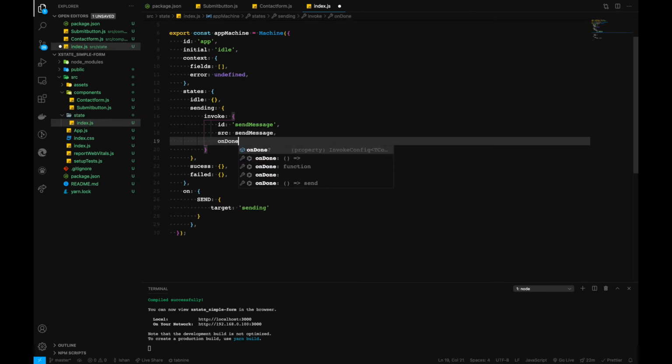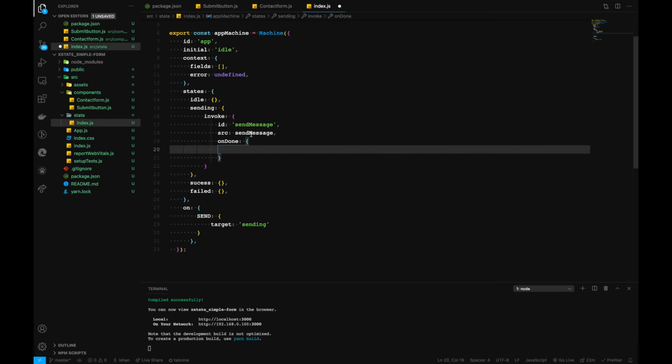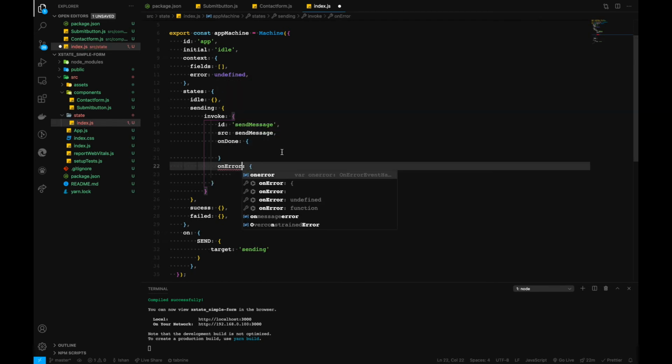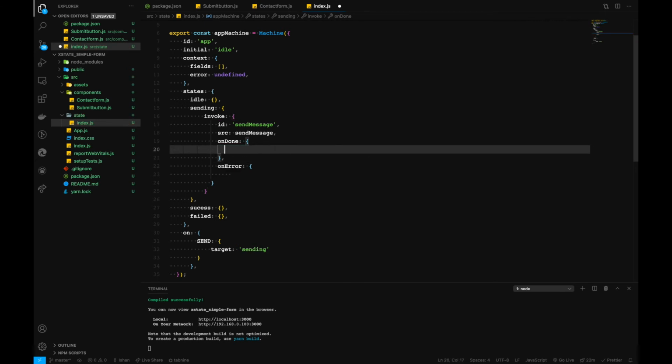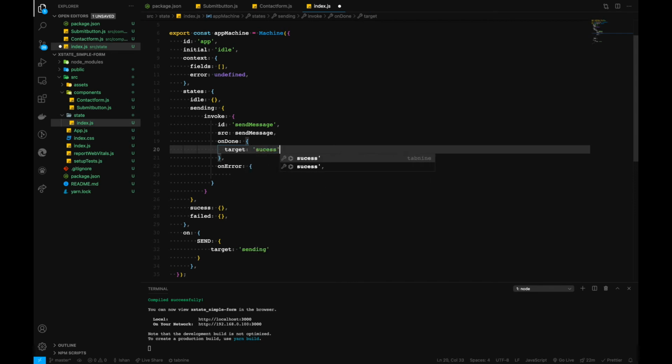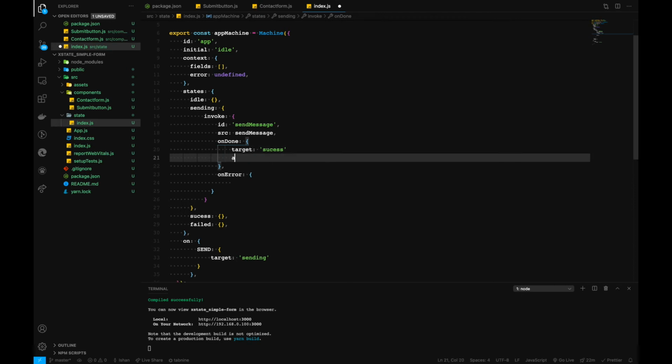But when we complete this function right here, when we have a success to this function, we will go to another state. If we just have on error, we will go to another state, right? So inside our on done, we want to target our success and move towards the success state. And also we want to assign the fields that we tracked. And if we have this particular invoke successful, then obviously we will have our data. So we will also assign that data to our fields right here,